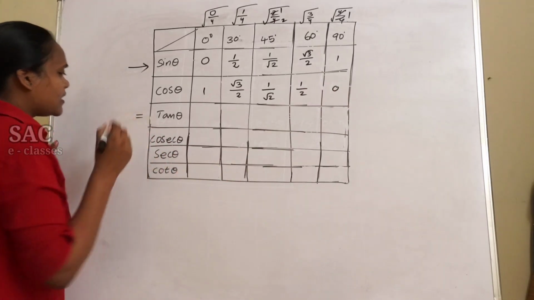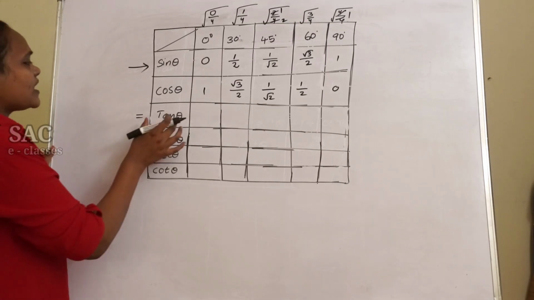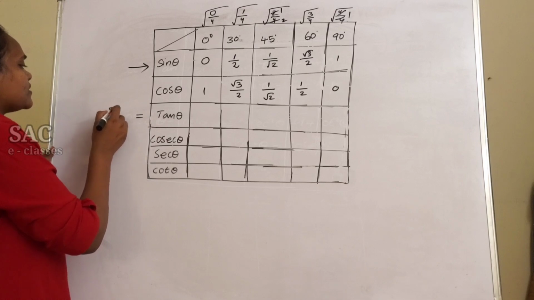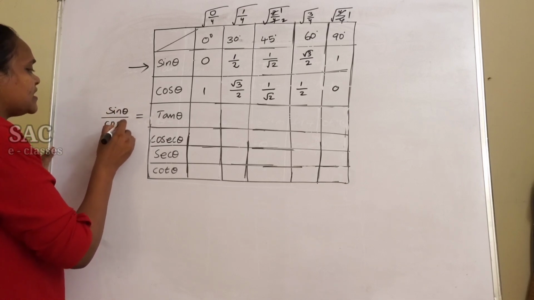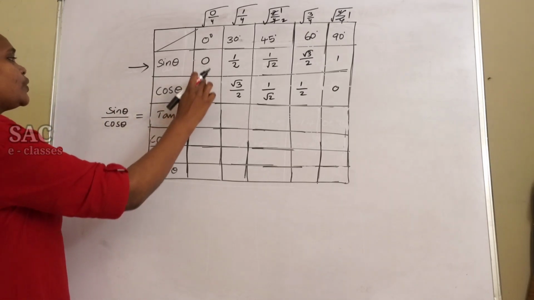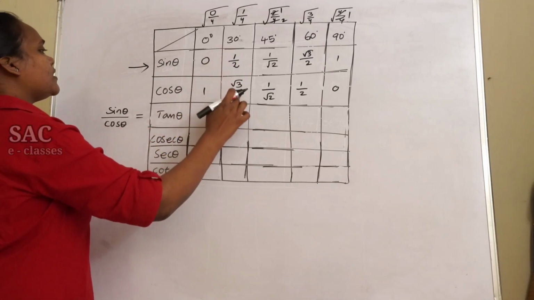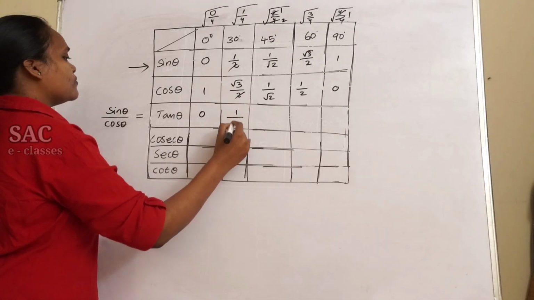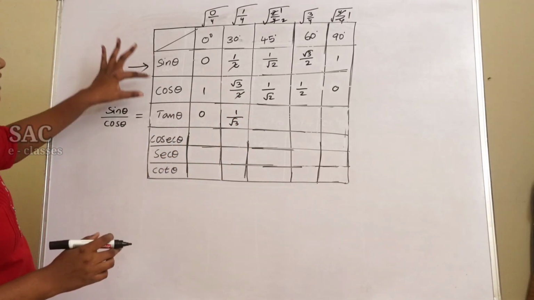In the previous session we learned how to express tan in terms of sine and cos. So sin theta by cos theta is the tan theta value. That means 0 by 1 is 0, then 1 by 2 over root 3 by 2, the 2s cancel, giving 1 by root 3. So I am finding the tan theta value with the help of sine and cos, but cos we got from the sine.